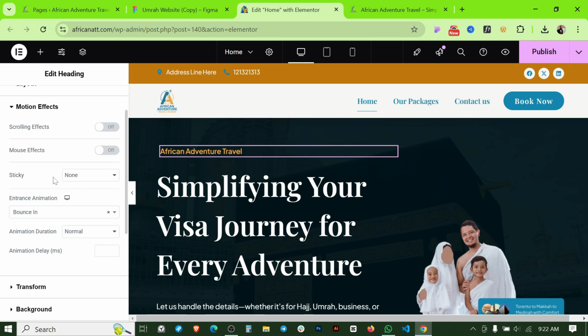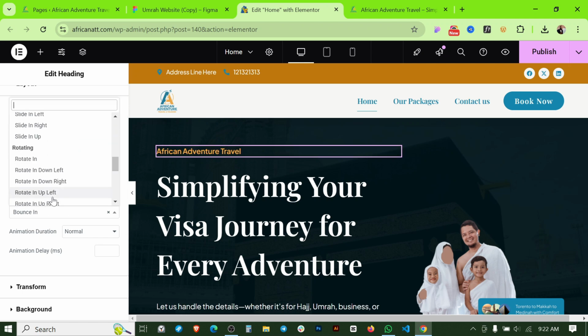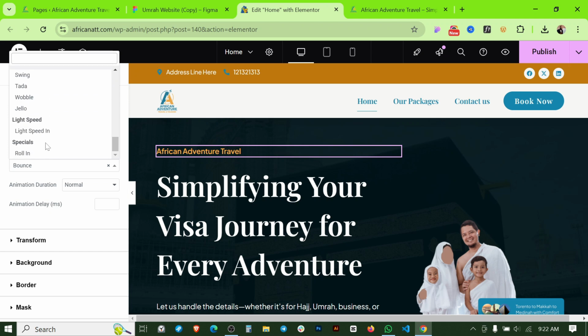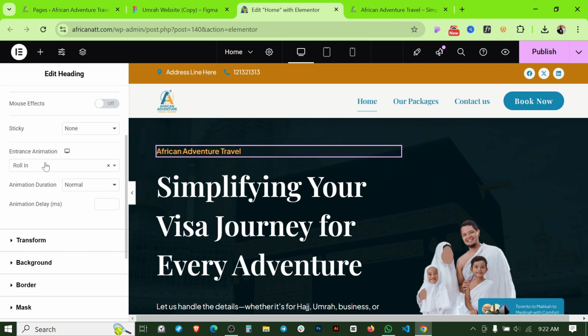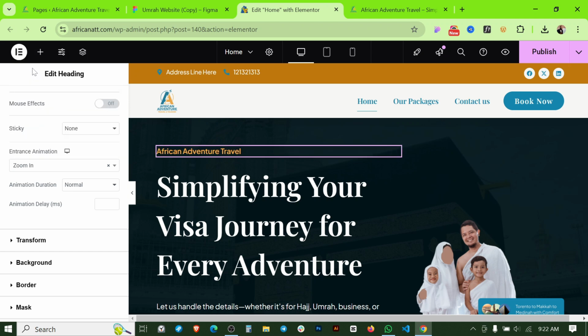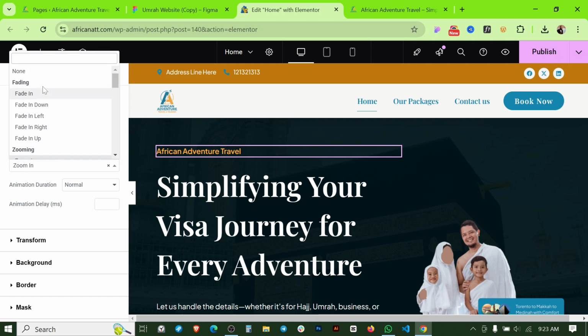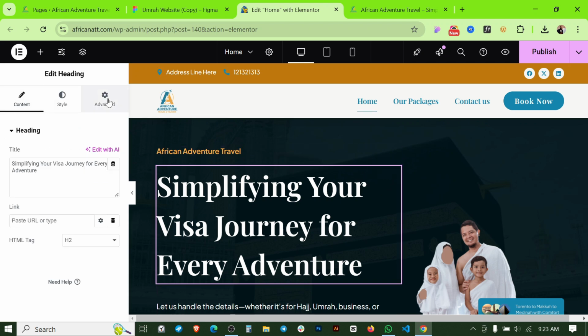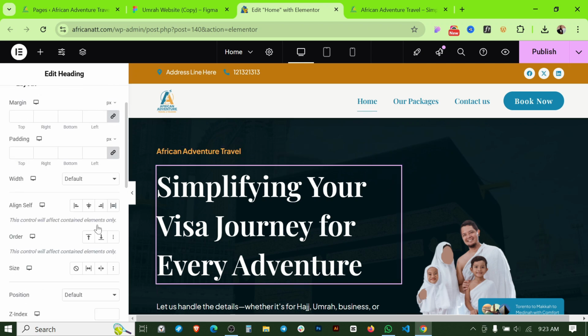So what we can do, we can make it like bouncing. No, this is not good for this website. And if I go for bounce, we can choose anything we like here. So I'm going to use the zoom in effect, or let's make it fade in down. And also we're going to use this, the fade in down,